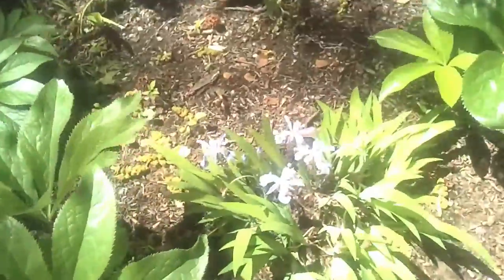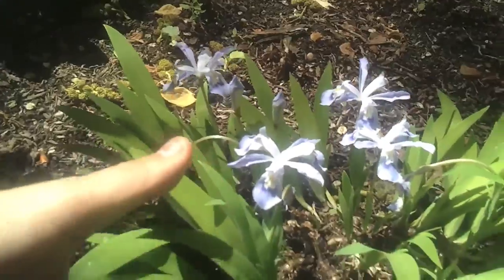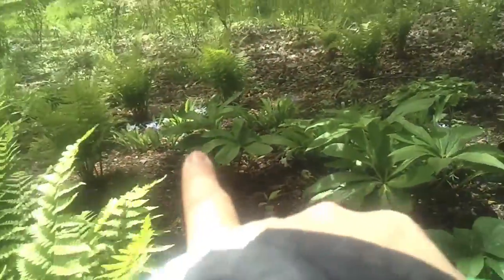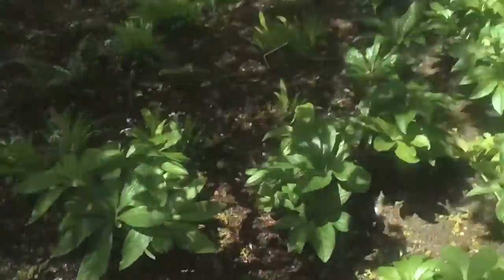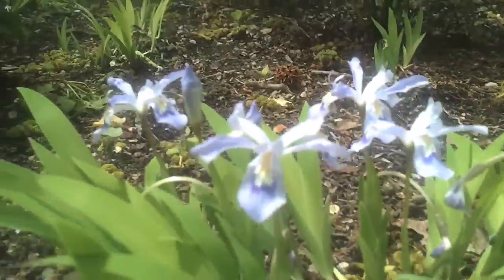I mean, it's just so beautiful here. It's difficult to describe this garden. These iris plants are very small. If you compare my hand to the plant, it is very small. And there are a few of them spread out. You can see them all throughout here. Iris cristata is the name. This one in particular isn't labeled. The ones back here are. The colors in them are so wild, and if you look at them from the side, it's like